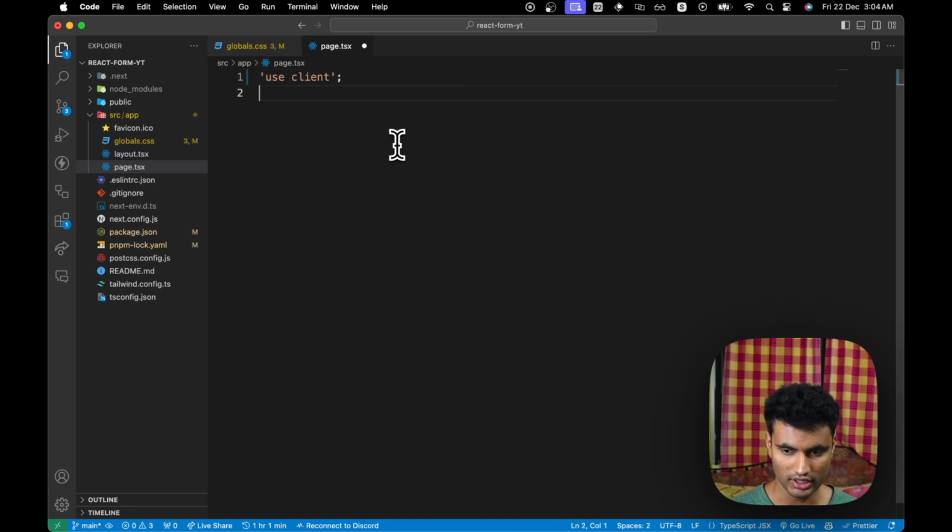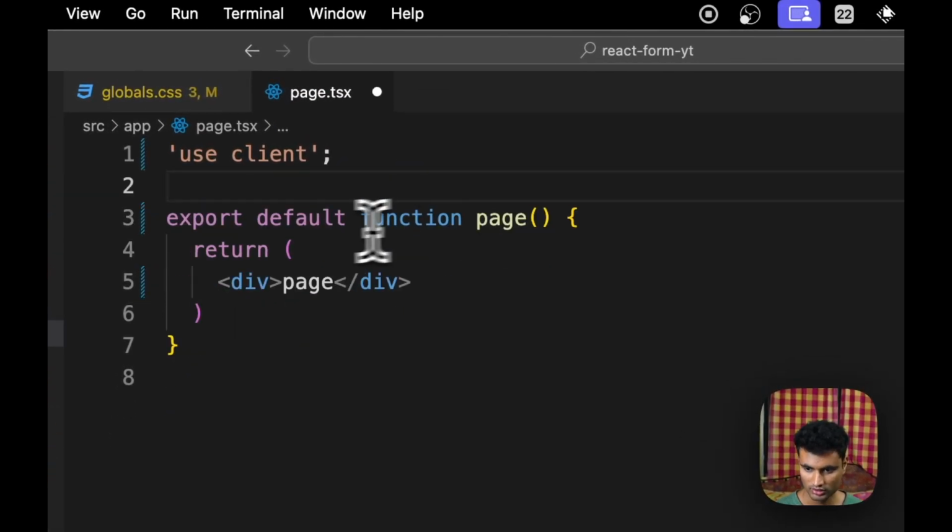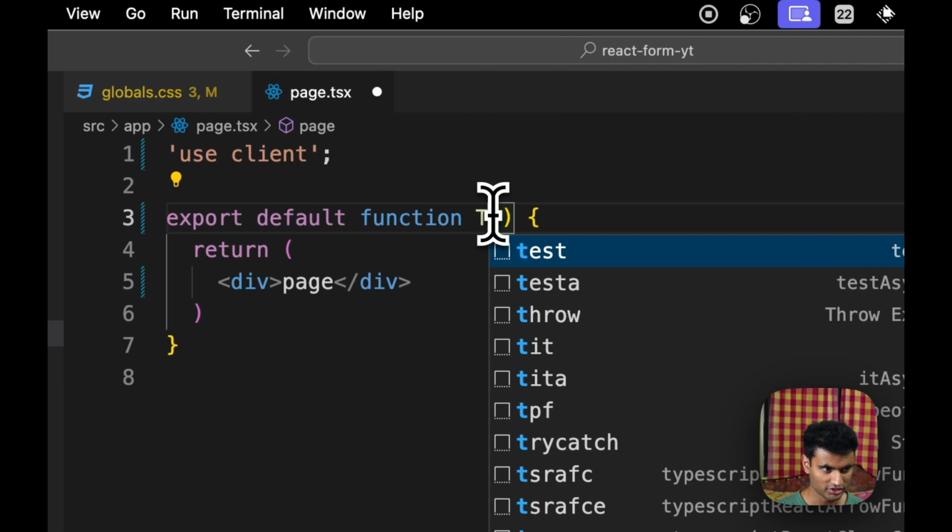Perfect. And now we are just going to do RFC and generate a React component. We don't need this line anymore. We are going to name it traditional,